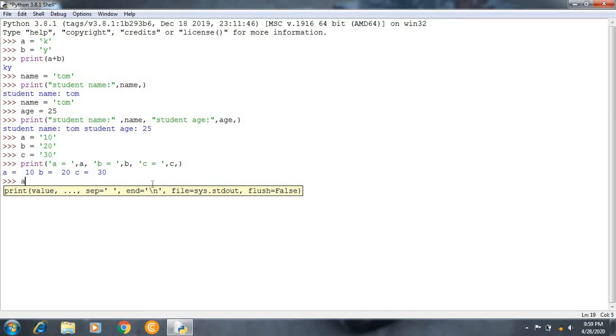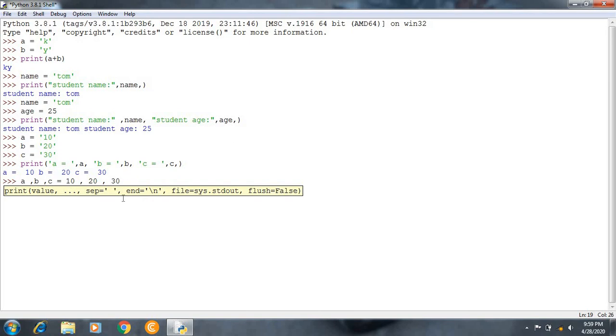I'll first define this: a comma b comma c is equal to 10 comma 20 comma 30. What is this one? I'll tell you what the tuple function is. This is the left hand side tuple, this is the right hand side tuple. In the left hand side tuple, the first value is assigned the first value in the right hand side tuple. Once again, the left hand side tuple's first value is assigned the right hand side tuple's first value. And so it is for the second and third values.